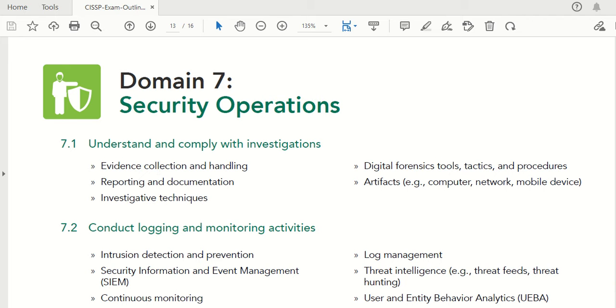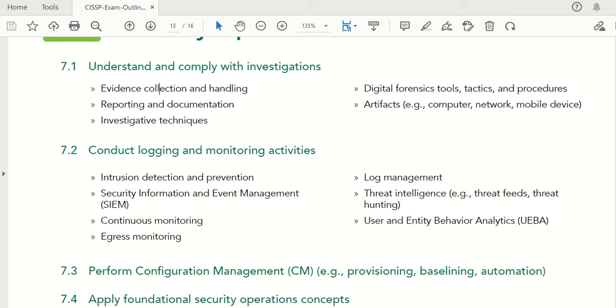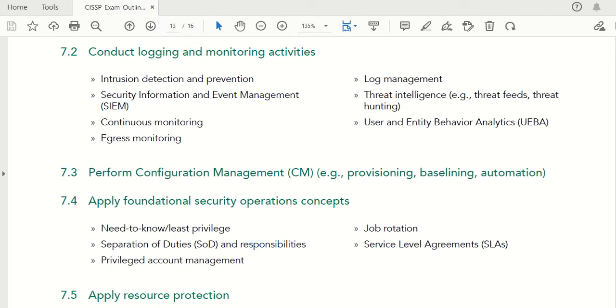techniques, digital forensic tools, tactics and procedures, artifacts, for example, computer, network, mobile devices, conduct logging and monitoring activities, intrusion detection and prevention, security information and event management, SIEM, continuous monitoring, egress monitoring, log management, threat intelligence, for example, threat feeds, threat hunting, user and entity behavior analytics, UEBA, perform configuration management, change management,